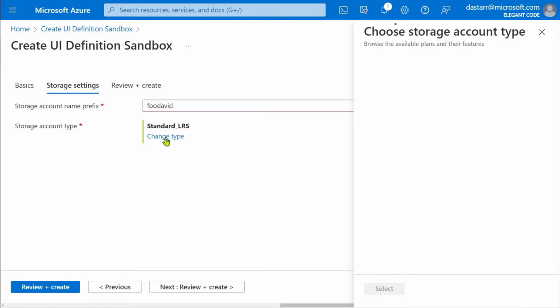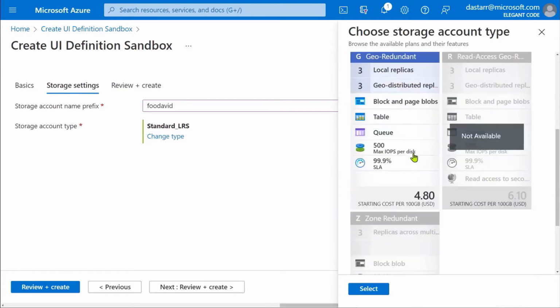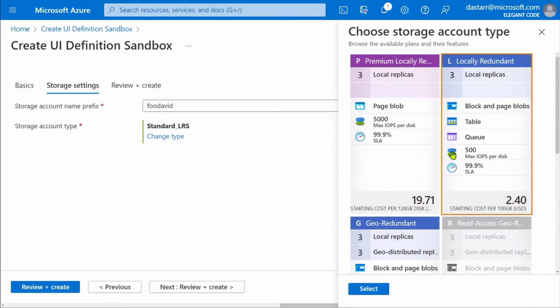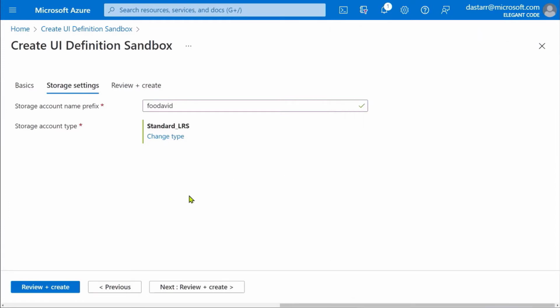And this control that we're using is sophisticated enough that I can actually come over here and select which type of storage I would like. And in my case, as I'm just showing a demo here, we want to keep it cheap. I will go ahead and leave it at locally redundant storage,